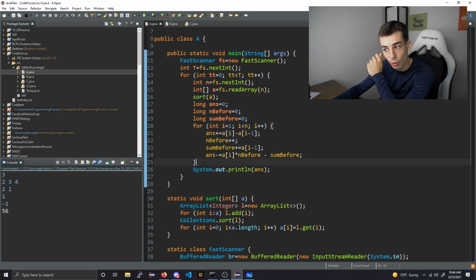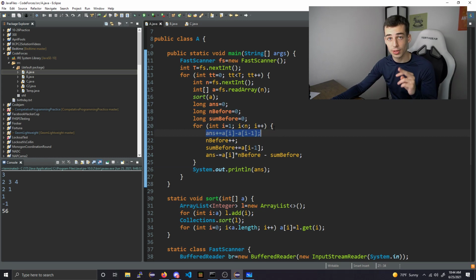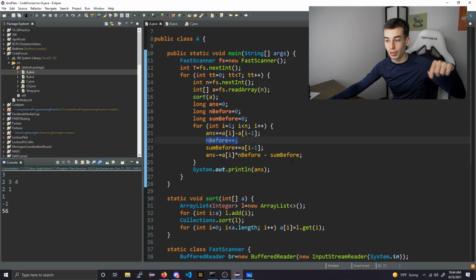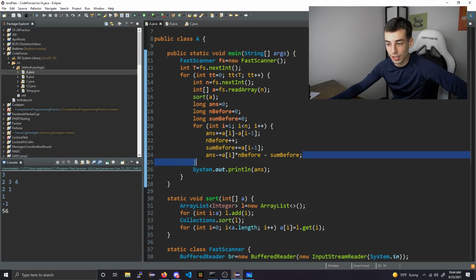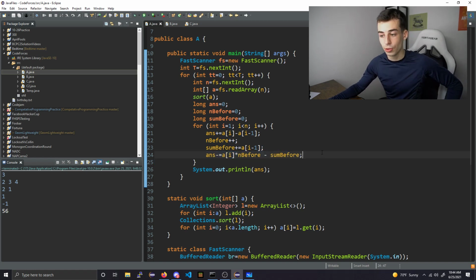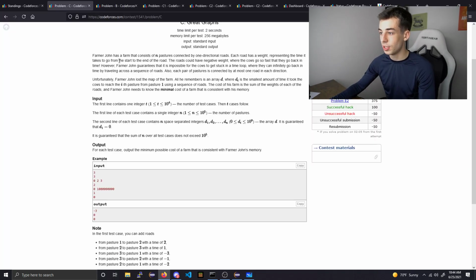Then you iterate through the array. To the answer, you have to add this blue edge, right? This is the edge we talked about that's going to be positive, so that everything stays connected. And then there's one more thing before you, which is the thing right before you, and then you add that thing to the sum of things before you. And then finally, you add the sum of all red edges before you, just like I talked about earlier. So that's the solution to Div1A or Div2C. Let's move on to